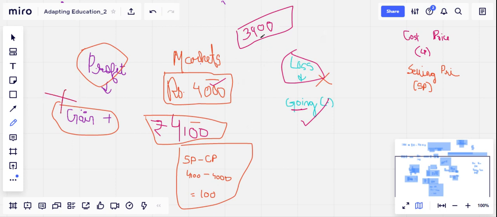How do you calculate the loss? You subtract the SP from the CP, which means 4,000 minus 3,900, which again results in 100. So over here we got a profit of 100 rupees, and over here we got a loss of 100 rupees. I hope you understood profit and